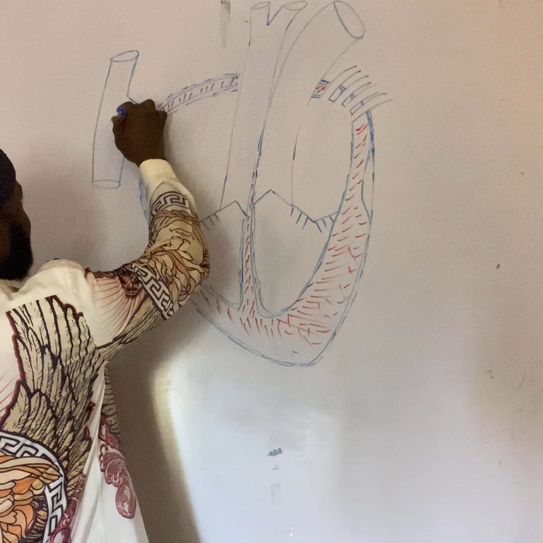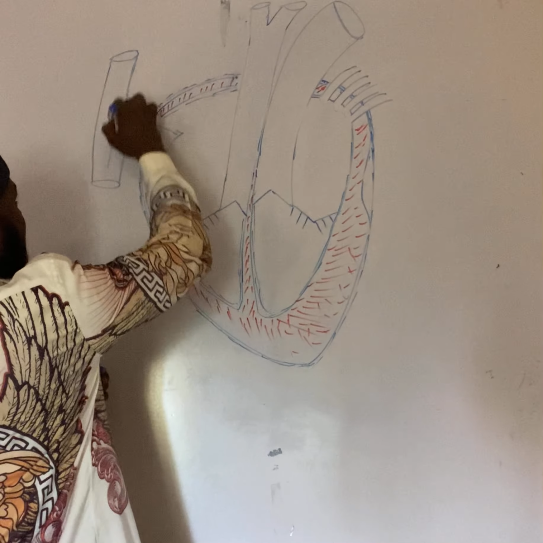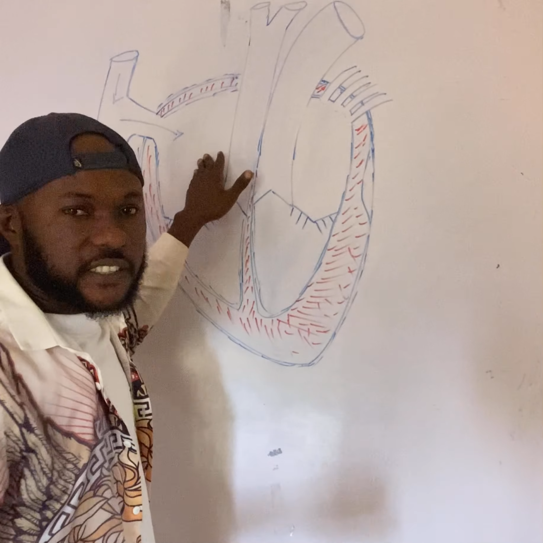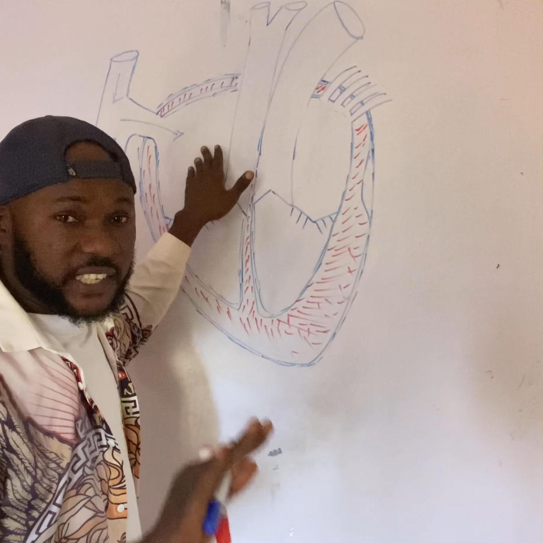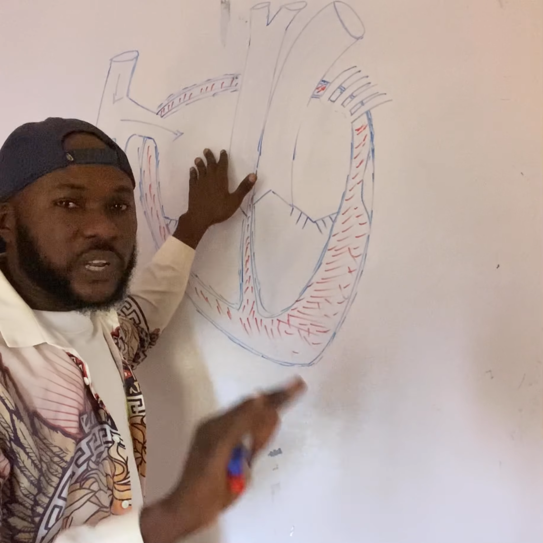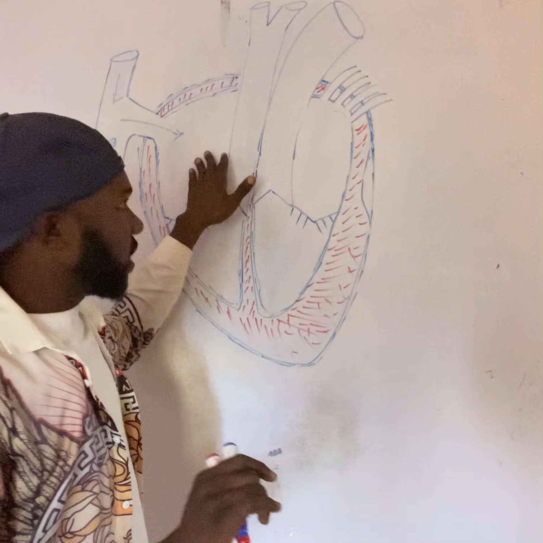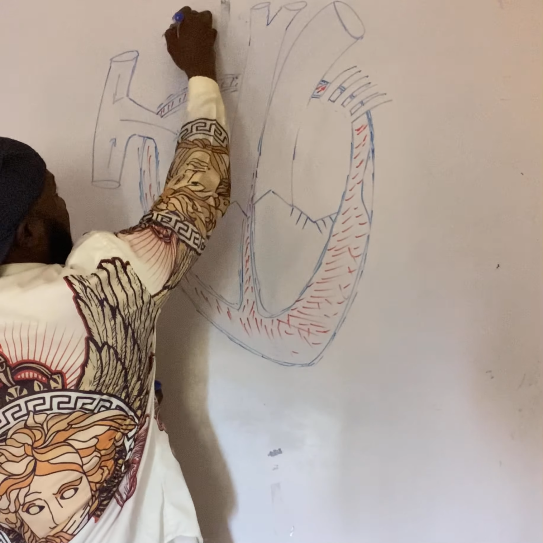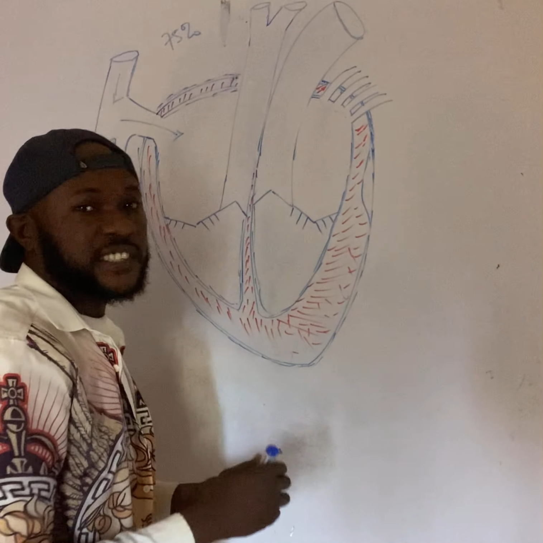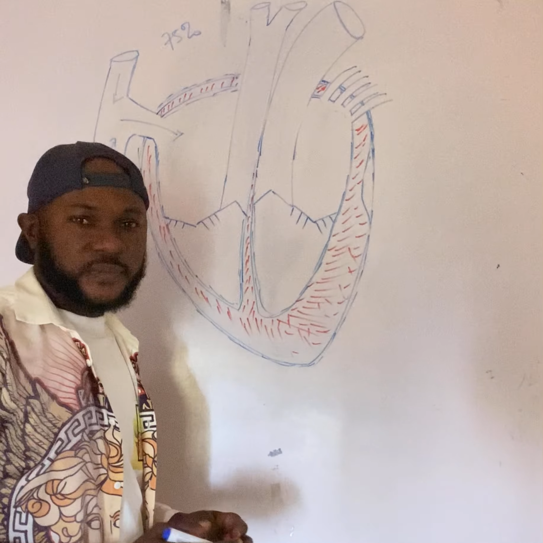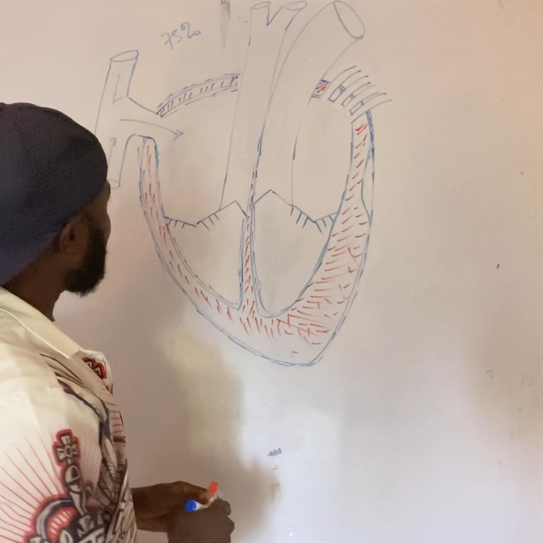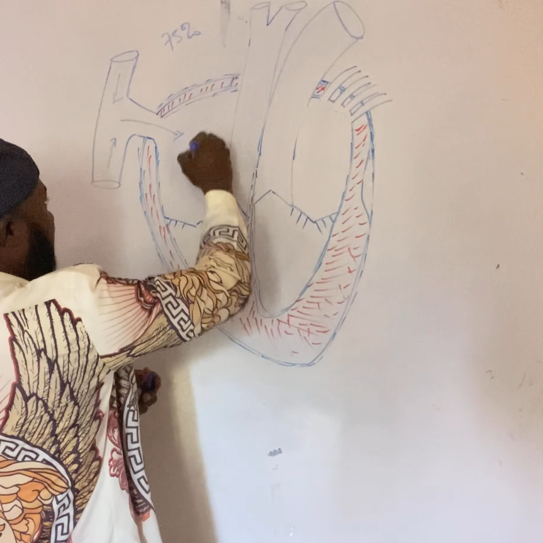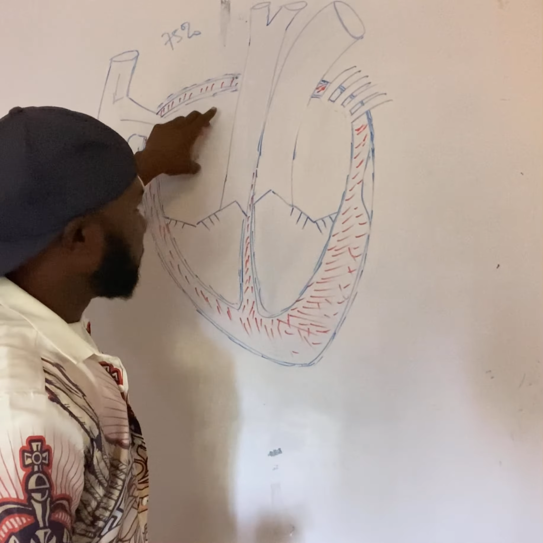And we said that the blood they drain is deoxygenated. Doesn't mean that there is no oxygen in it, but it contains little oxygen. Okay, it is deoxygenated. About 70% or 75% of oxygen is in it. So when the blood flows here, when the blood enters the atrium,